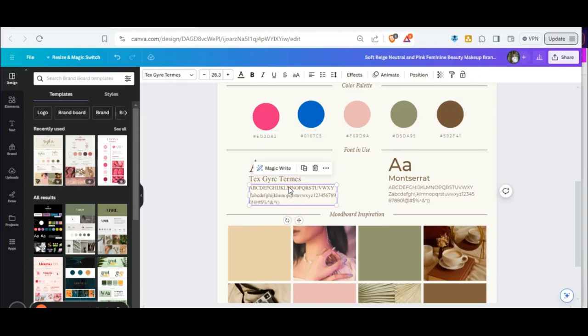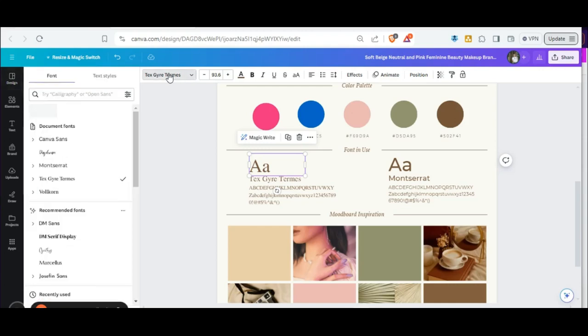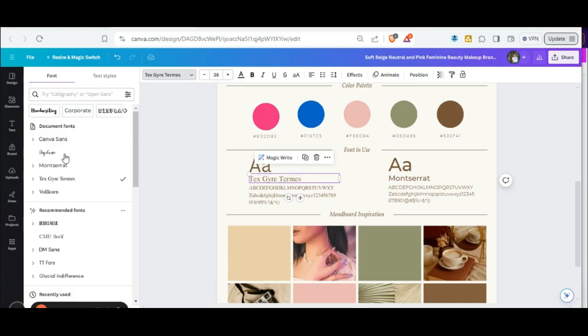So what I normally do here, you don't have to have all of the letters and numbers and stuff like that. I don't when I do my own brand board. This is just giving you ideas on how to do that. But what I would do is find whatever fonts it is that you like. So you can, for a start, just go up the top on your Canva page and go to the fonts and then find the ones that you like. I'm just going to go down to some copy here so that I can see better what they actually look like. So whichever one it is that you like the look of,